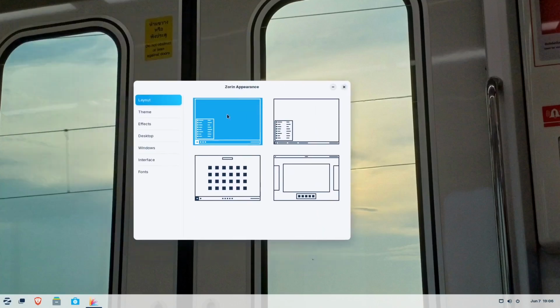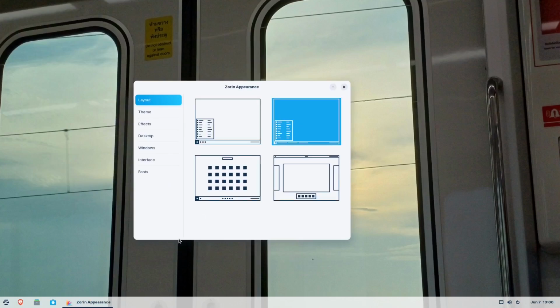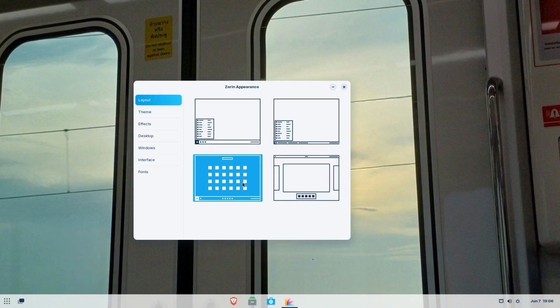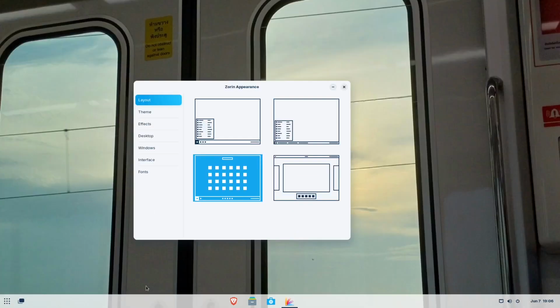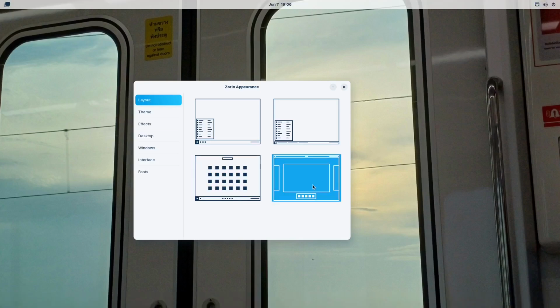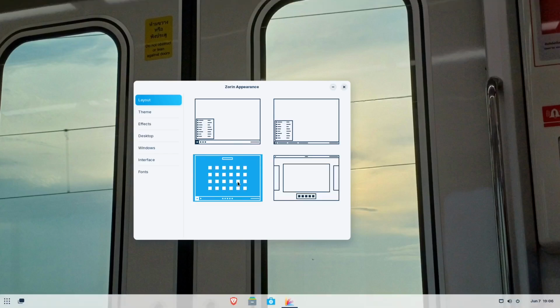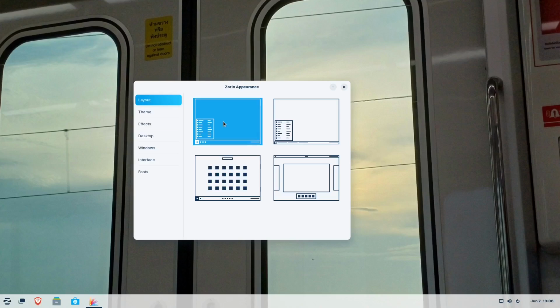For example, if you want something like Windows, see the name is changed, or you could use this one, which is the GNOME type. It is also used by Chrome OS. So Chrome OS is also using the GNOME desktop environment, and this is also GNOME. So it's really up to you. But this one, you could open by hitting the Super